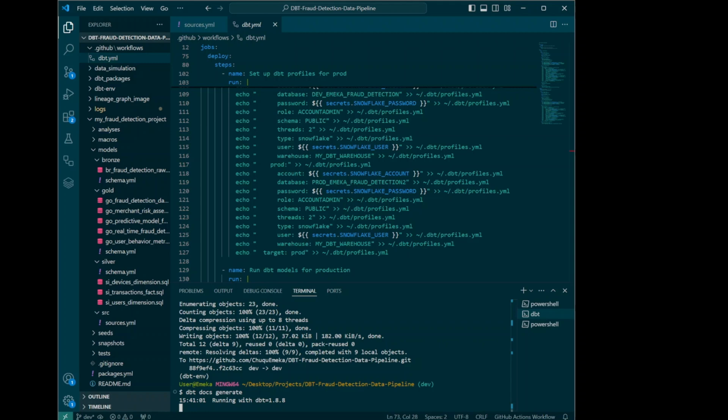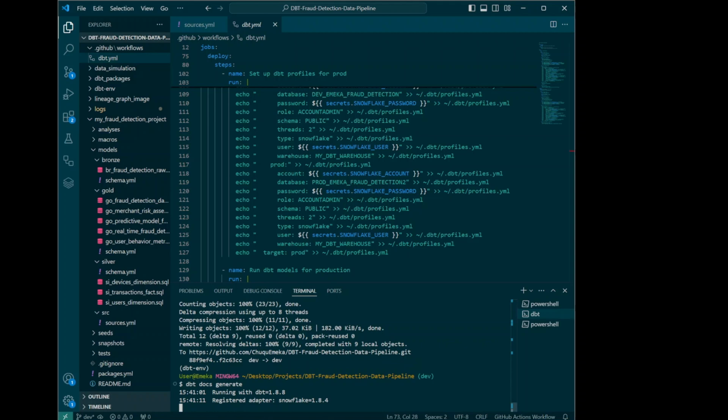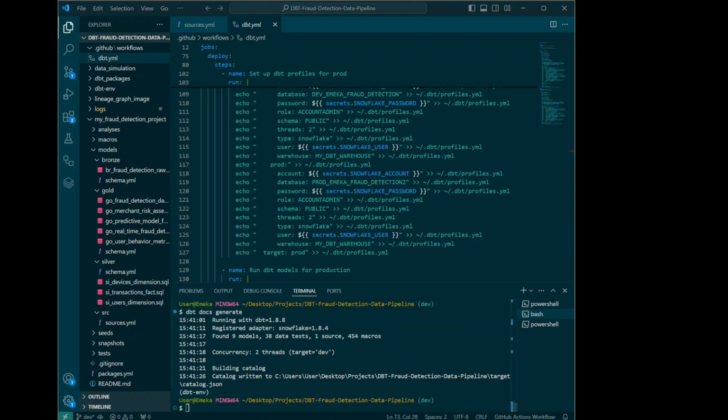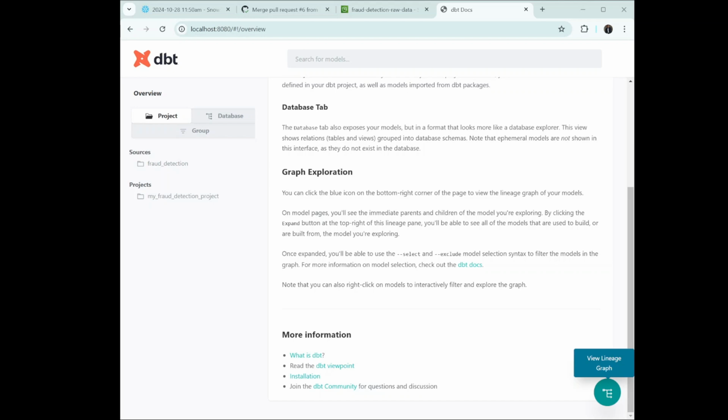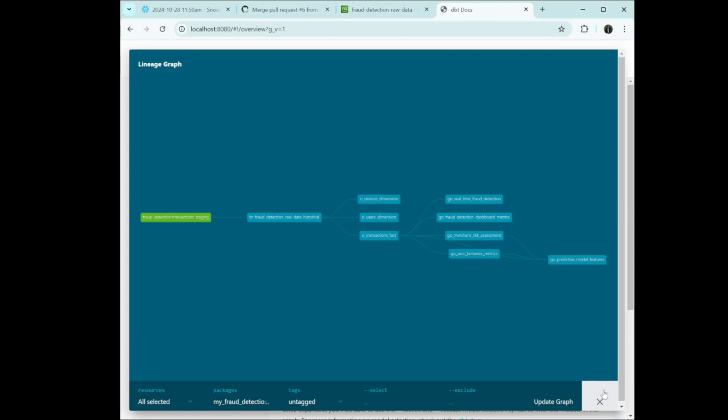So let's wait for this to finish running and then we serve. So the docs generator has finished running. So now we type dbt docs serve. So now we can view the lineage graph on our browser. Let's open up our browser and view the lineage graph. This particular point, view lineage graph, click on it, and then you can see the flow of data, the way